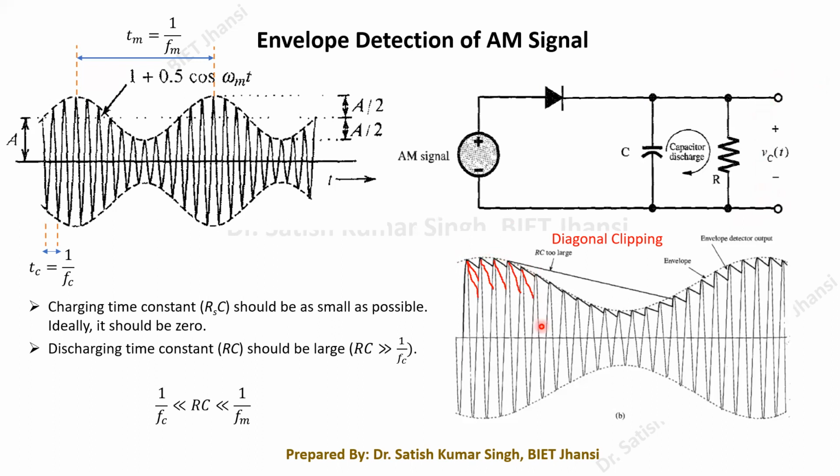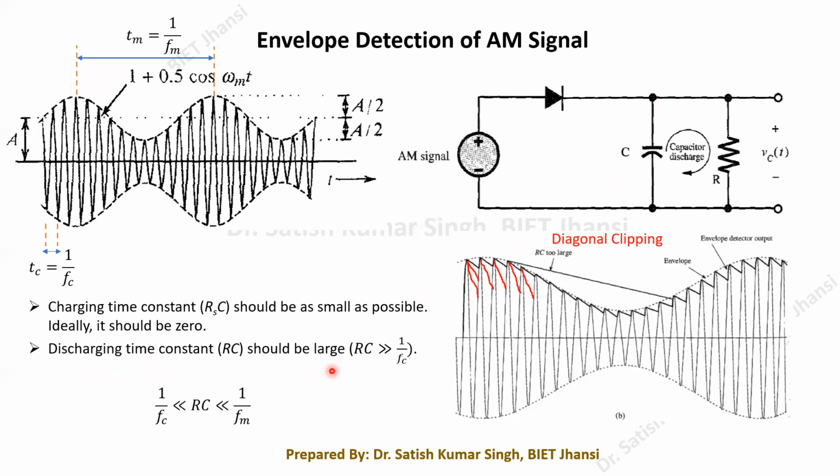So what we need is for the discharging time constant to be large. It cannot be very small. If it is very small, obviously the waveform we get at the output will not be similar to our envelope; it is not able to mimic this particular envelope. So the first thing we have understood is that it should not be very small but a large value. It should not discharge quickly. So we write: discharging time constant should be large.